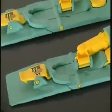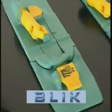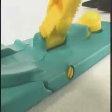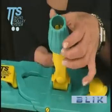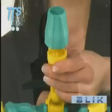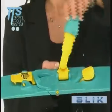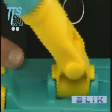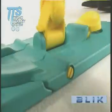TTS has always played a leading role in product innovation and now presents its latest offering, the Blick frame. Available in 40 to 50 centimeter sizes, the Blick frame is equipped with a connector with a ferrule for the insertion of handles of different diameters, an anti-rotation pin that prevents the handle from swiveling needlessly during use, a 360-degree swivel that permits the tool to be easily directed and reach even the hardest to reach areas beneath furniture,